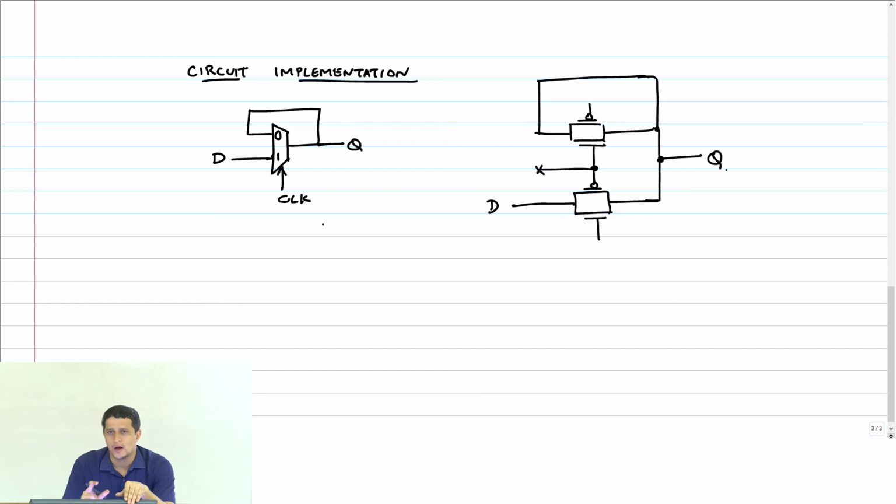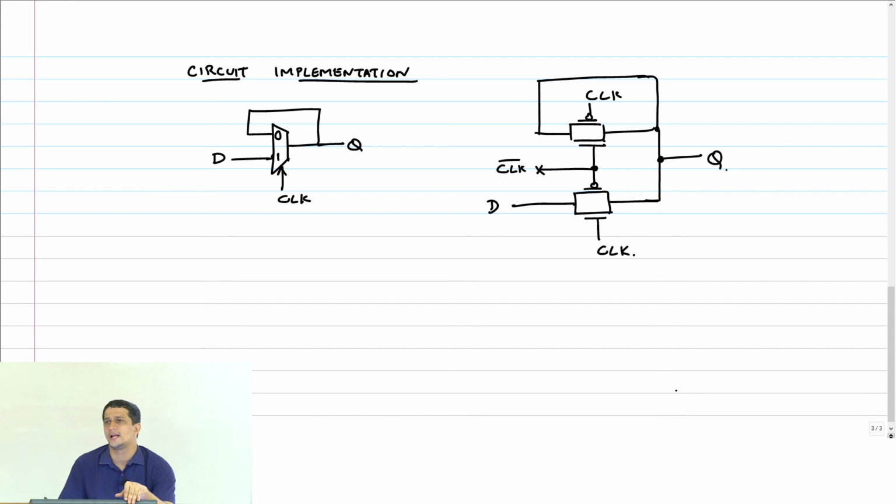When clock is 1, we want the D to go through, right? So when clock is 1, this has to be 1. Therefore, that has to be clock bar, and this also has to be clock,